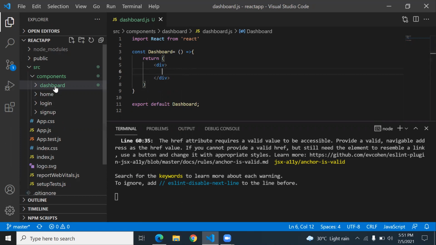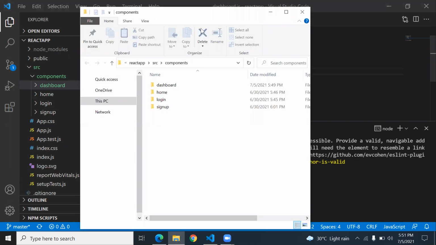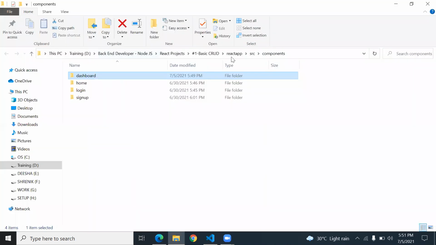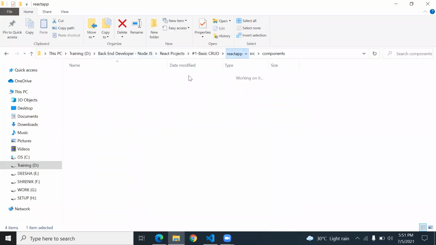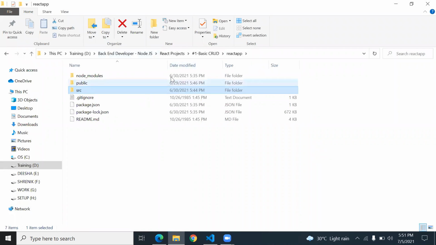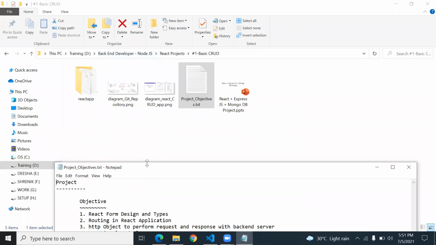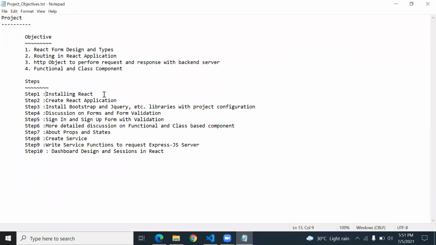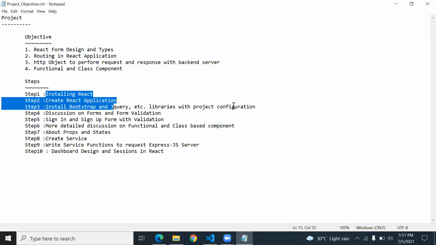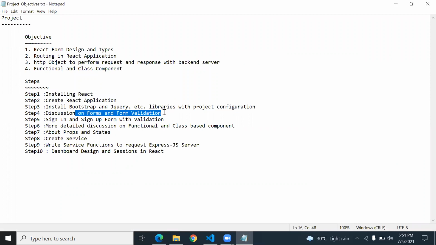Let me open the project steps. So these things are ready. The next is actually form and form validation.